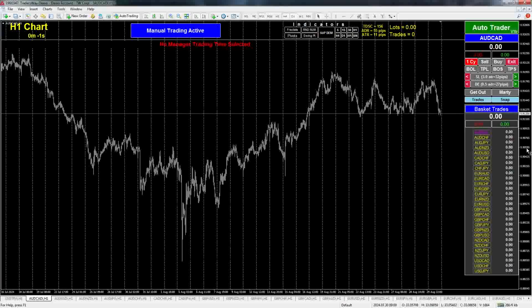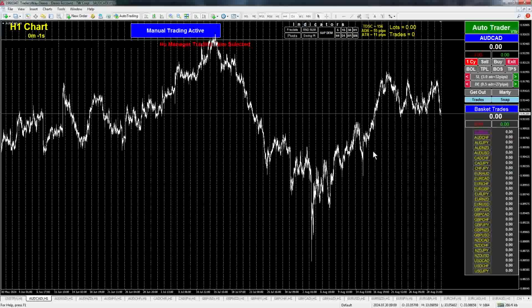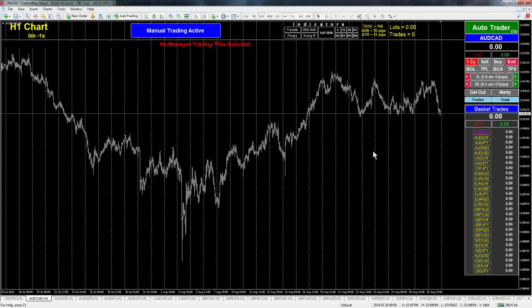Let's say you see something like this and it's ranging, and you say, geez, I wonder, is it going to go up? Is it going to go down? Right now it's in a range, and it'll probably go back up here to the top of the range. But what we're looking for, is it going to break out and go into a trend, or something like that? Well, then what you can do is you can take the breakout long,